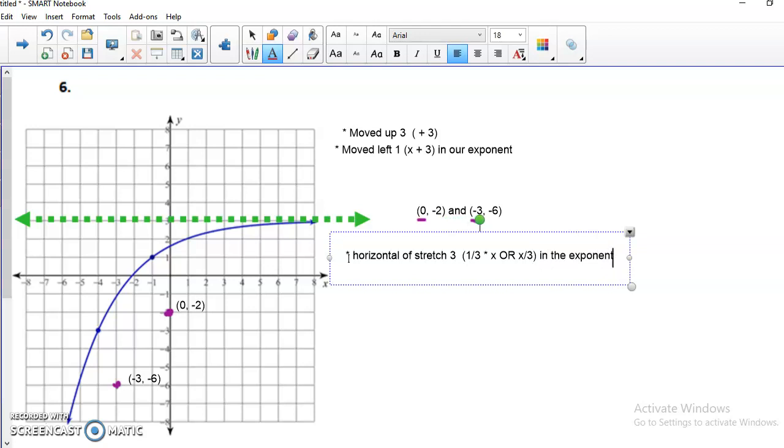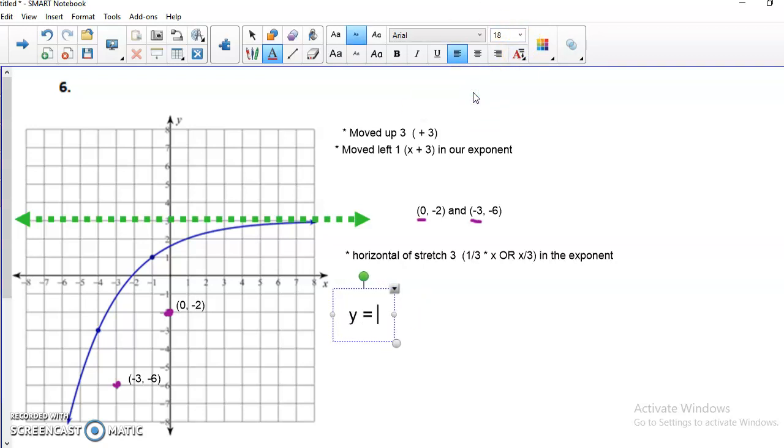What else? We need to figure out our, that is not it. Did I do that wrong? Yeah, I was supposed to move down. Am I looking at the wrong thing? -3, -6. Oh, yeah, I was. Okay, we're good. Sorry. So we have a point at -3, -6, and 0, -2. We said we're stretching by 1/3. So let's see what I have so far in my equation. We have y equals,